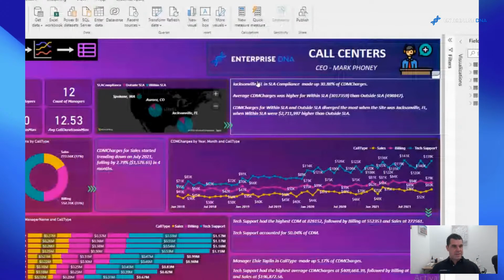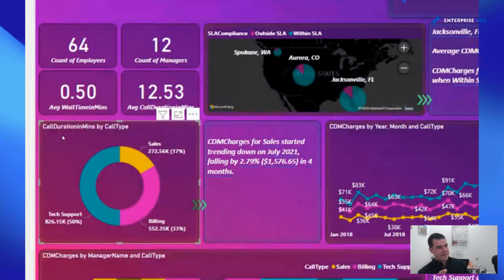One of the things that I really try and avoid at all costs, you'll see here in this title, is that the title name is not in a proper text format. Like, you want these to read really simply and easily for the consumer. So you see here that call durations in minutes, it's all one word. You want those to be spaced. And a lot of that comes down to getting the correct formats in your column names, in your table names, in your key measure names.